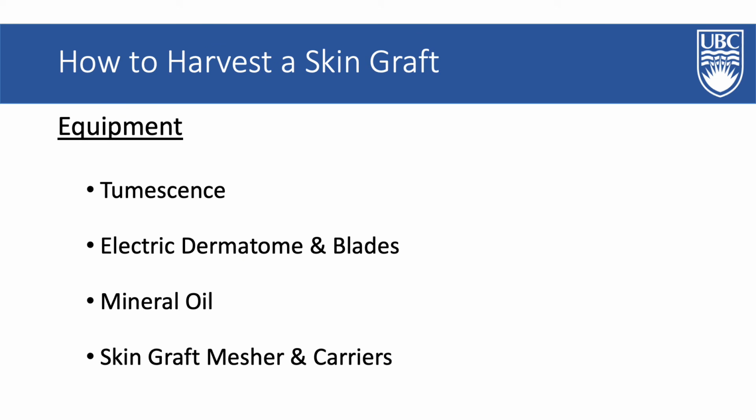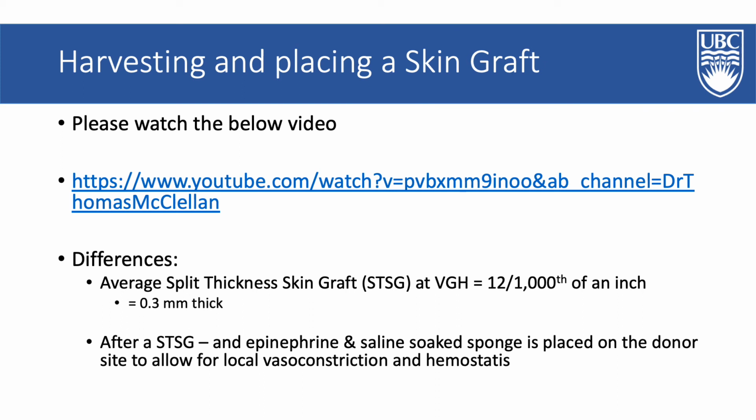How to harvest a skin graft. In order to harvest a skin graft, there is certain equipment that is required. This includes tumescence, the electric dermatome and appropriate blades, mineral oil so that the electric dermatome can slide across the donor site, as well as the skin graft mesher and carriers. Please watch the video attached here. It will go through how to take a skin graft as well as how to place it onto the recipient